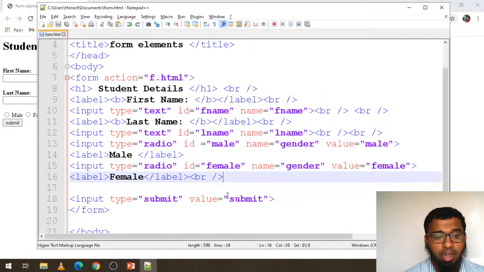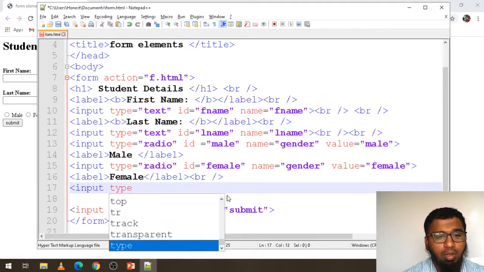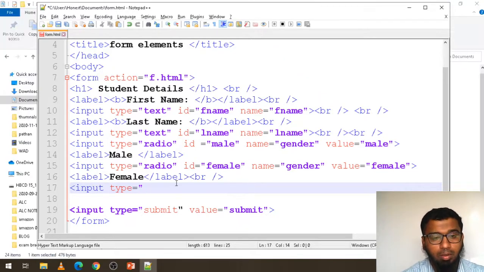okay. Next is input type checkbox, okay. Input, that is input type is checkbox, okay.